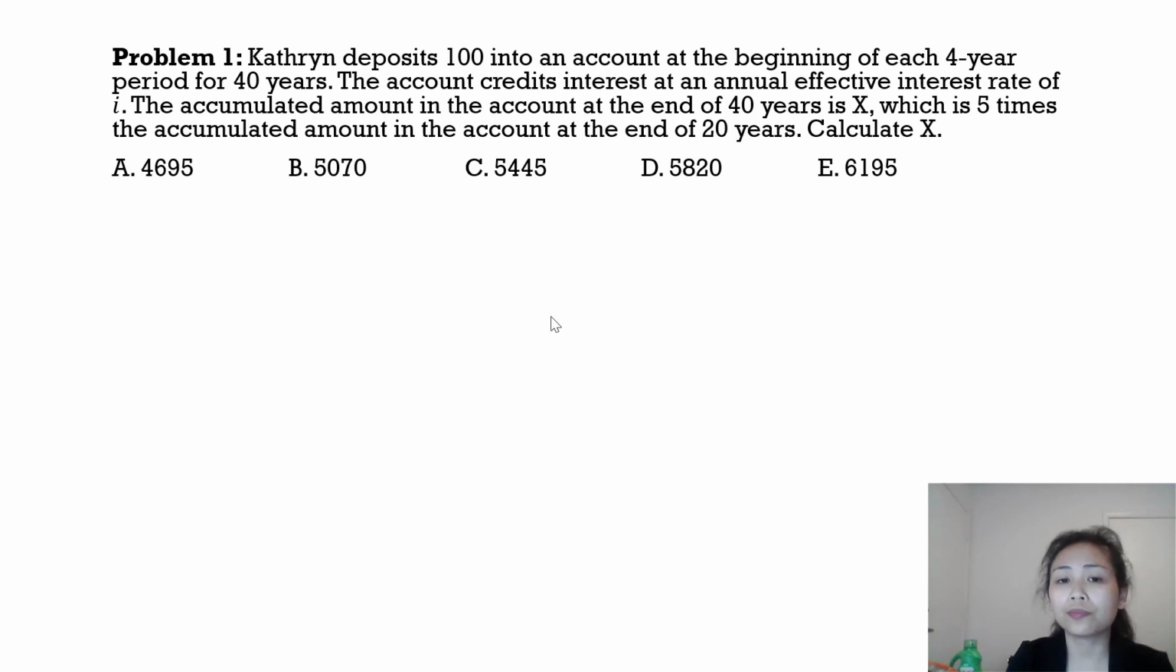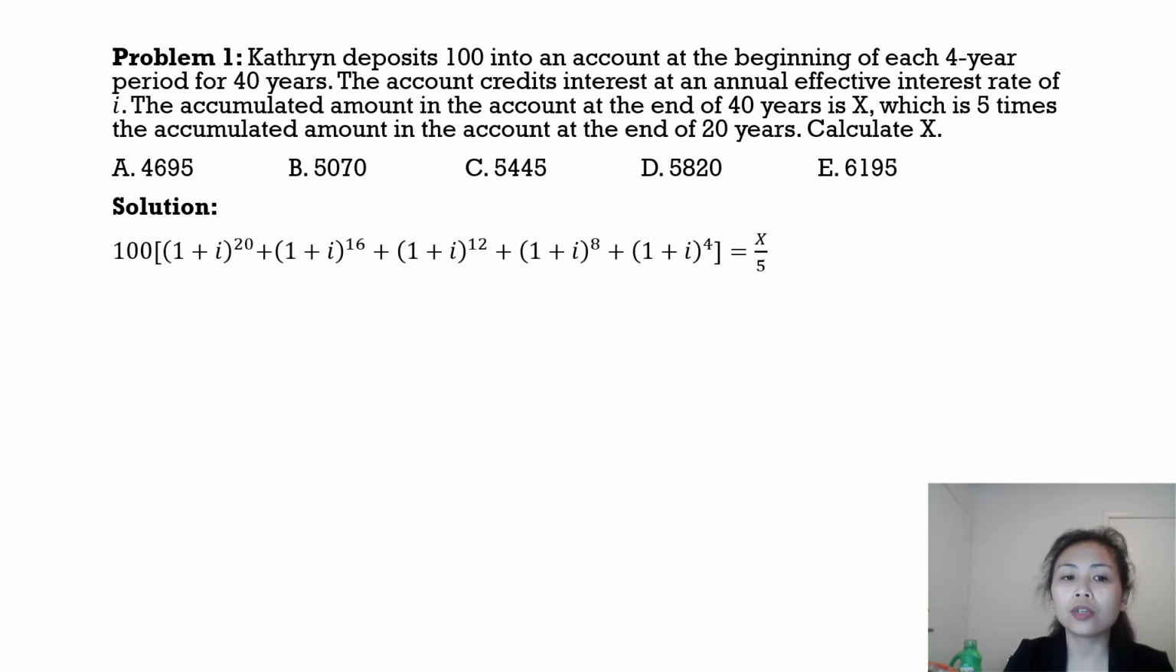Calculate X. Here the interest is compounded once a year, but the payment is made once every 4 years, so this is a less frequent payment problem. The accumulated value at the end of 20 years is 100 times (1 plus i to the 20, plus 1 plus i to the 16, plus 1 plus i to the 12, plus dot dot dot, plus 1 plus i to the 4). Remember, because the payment is made every 4 years, if you make the time diagram, you see that